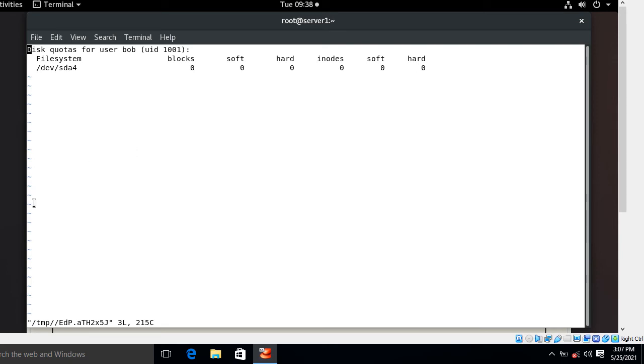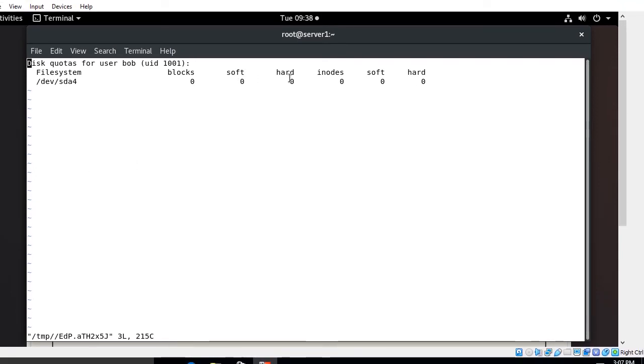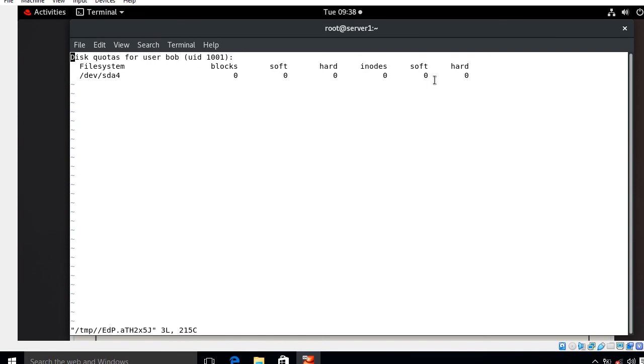Okay, but apart from that we have a few more options, that is soft and hard. Look at that, soft and hard. So soft and hard, this is the limit option. So what is the meaning of hard and soft? Hard limit means this is the limit that defines the absolute maximum amount of disk space that a user or group can use. Once this limit is reached, no further disk space can be used. And the soft limit is used for the warning message, that you are going to exceed your limit. It just prints the warning message. This warning level is used to inform the user that they are nearing their limit.